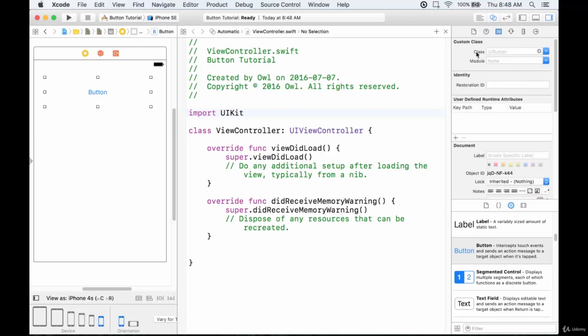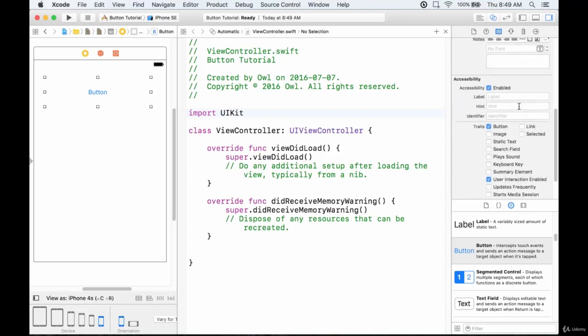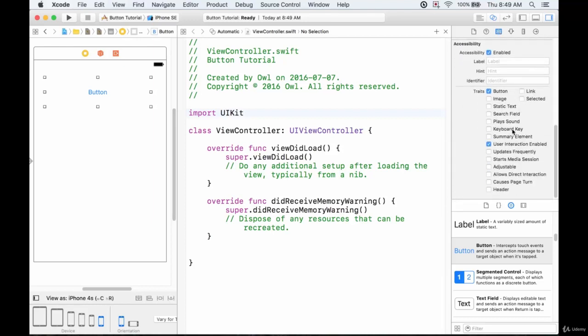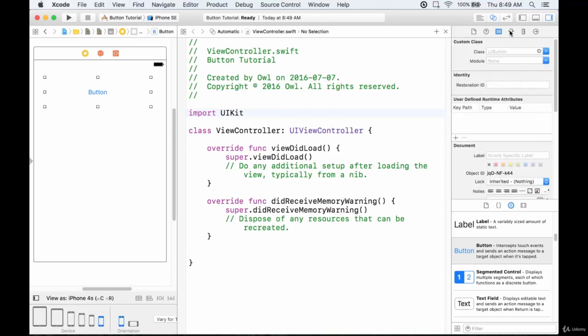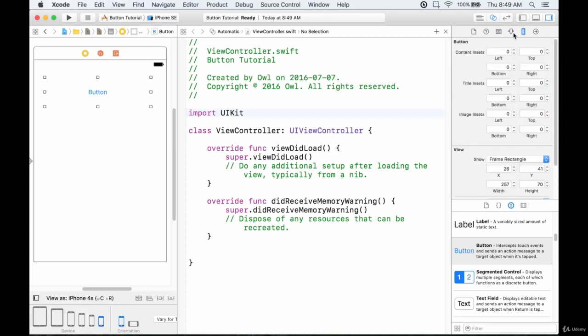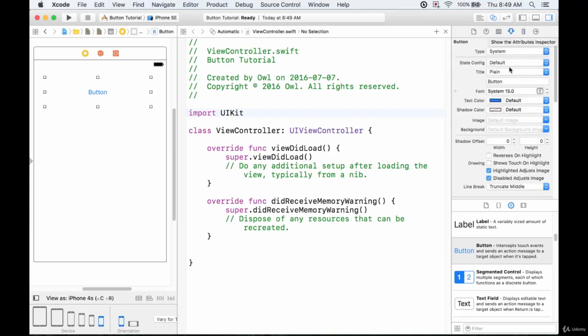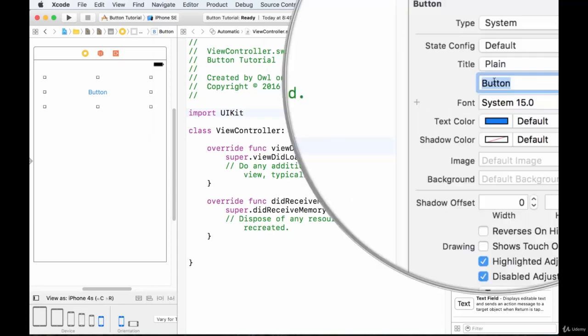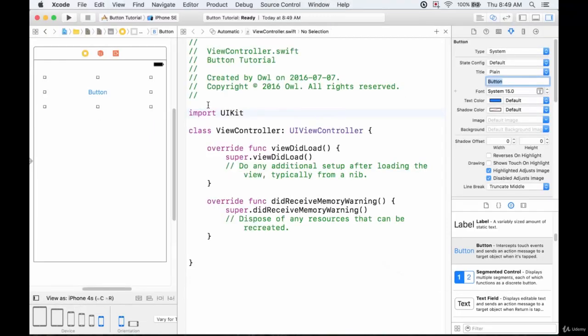The next one is the class information, the identity inspector. We're not really going to worry about this too much right now. We're most interested in the next two, which are the attributes inspector and the size inspector. The attributes inspector is where we're going to be able to adjust all of the properties. Notice we have type that we can adjust, state configuration, and the title that we can adjust. This right here is what's displaying the text. Notice that the text says button right now. If we change this text to something more interesting, such as